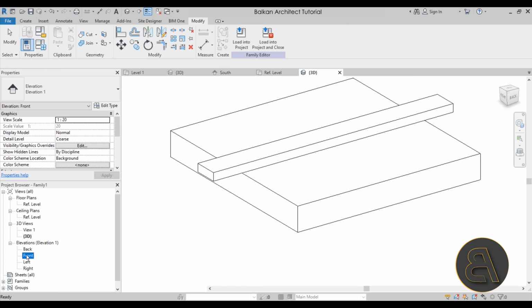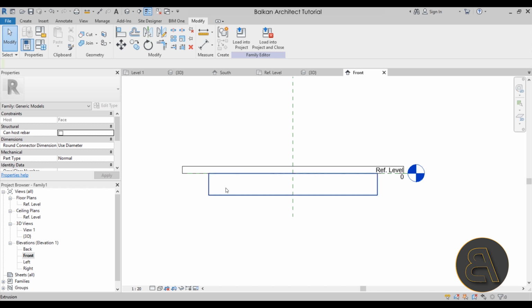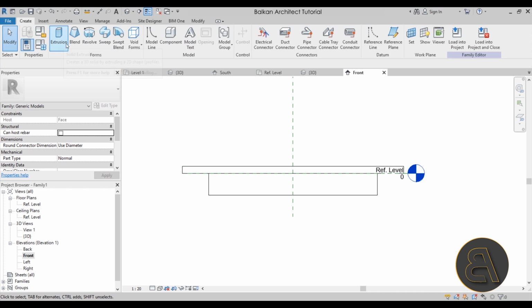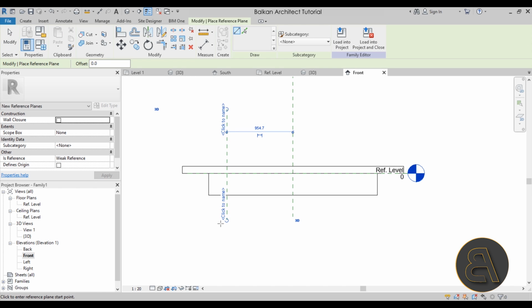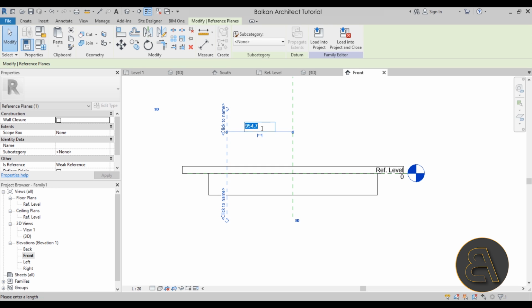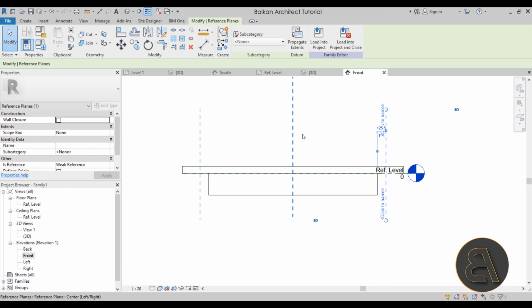So for that, let's go to the front elevation. Here we can see that wooden element, and then we need to mark the positioning. So I'm going to go here to reference plane and create a simple reference plane. Now the distance from the main reference plane is going to be half of our gauge, and that's 1344.7. Okay, and if I just select this and mirror it using the pick axis option, mirror to the other